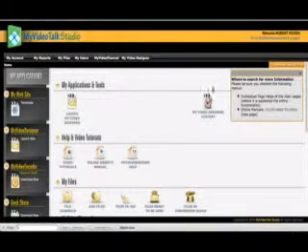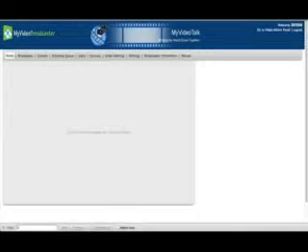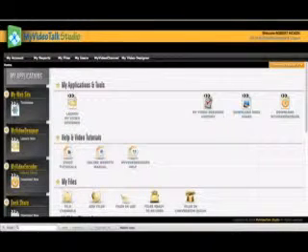Once you're in the studio, all you have to do is go up to the upper right hand corner and click on Go to My Video Broadcaster. That will actually take you to the front end of the broadcaster. So let me go ahead and log out of here, and I'll show you the other way that we can get in. And that is, let me log out of the studio,